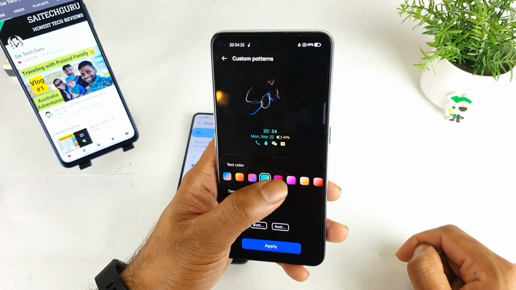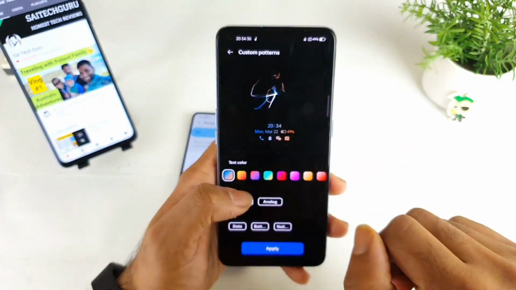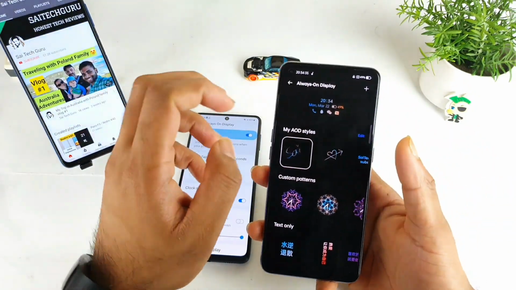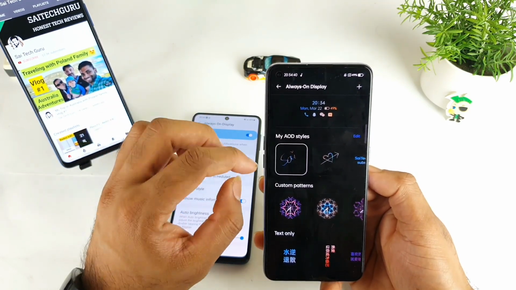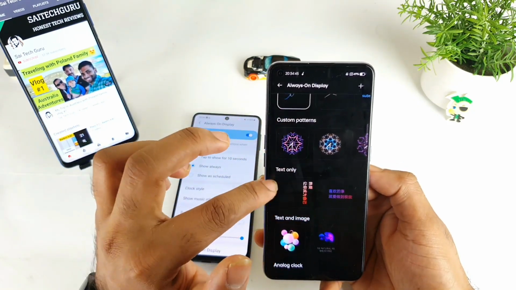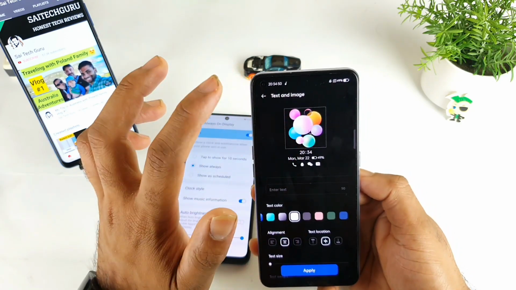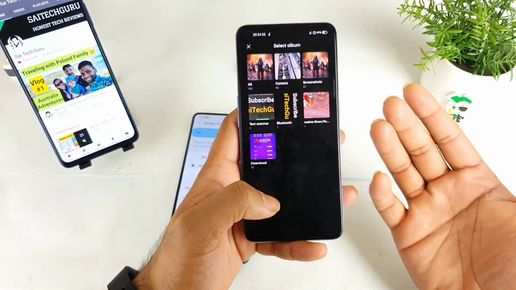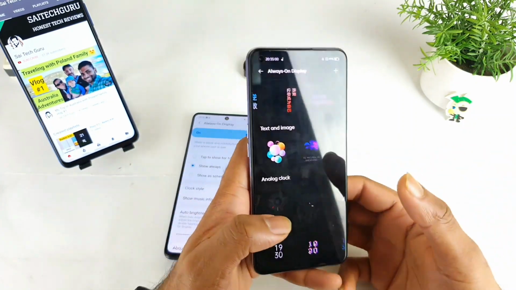You can change all the colors, and you can even add the analog clock to that custom pattern. So there's so much customization. This is the best point about this Realme phone which I particularly like: design your own custom pattern. That is the main motive of this one. You also have the text option where you can write your own text, and you can add an image. I think you can add your own image from the gallery as well. That's another big advantage. So there are many advantages in the Realme phone.